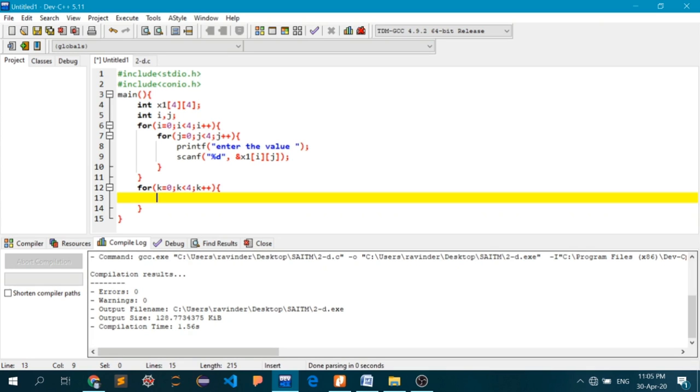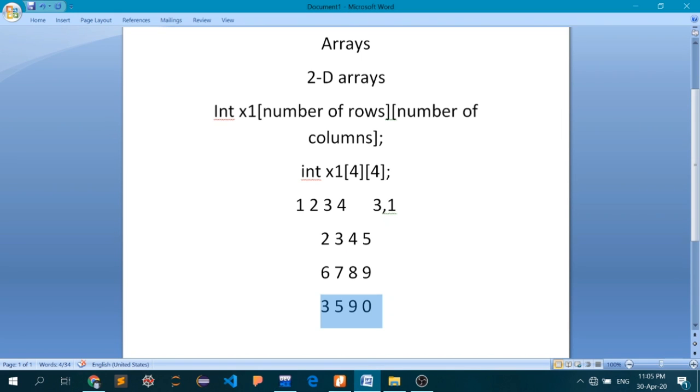To reach every value of a two-dimensional array, I have to go to each and every value. If I want to print this particular array, I have to reach out to each and every value.